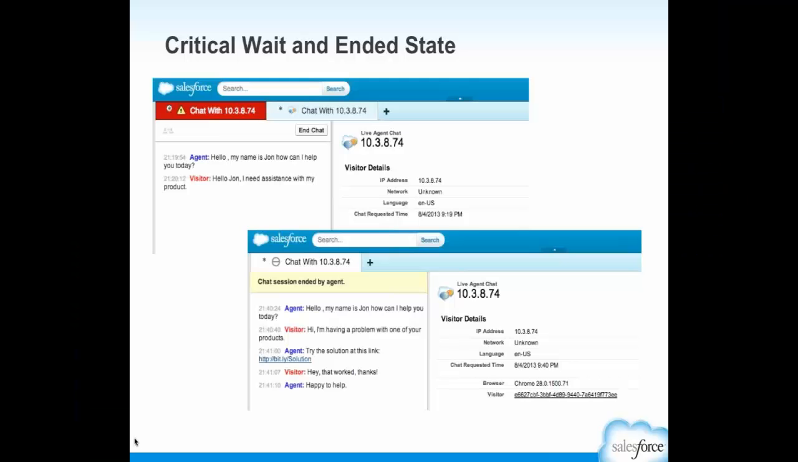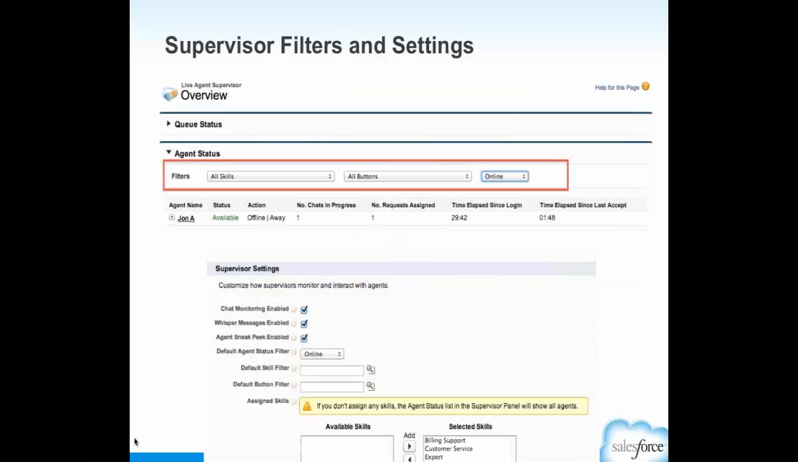All right, what else have we done? So we've also done a major upgrade to the supervisor panel. We've added a lot more filters to the supervisor panel, but we've also added some settings and some defaults. So what this means is that previously, if you had a list of, let's say, 200 agents in the